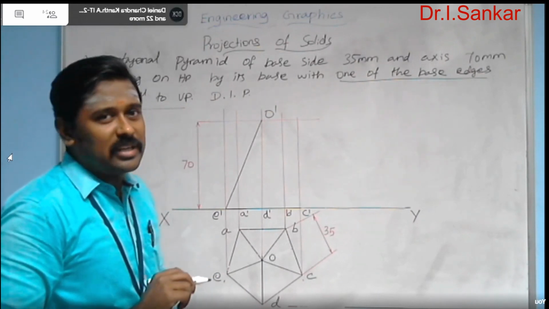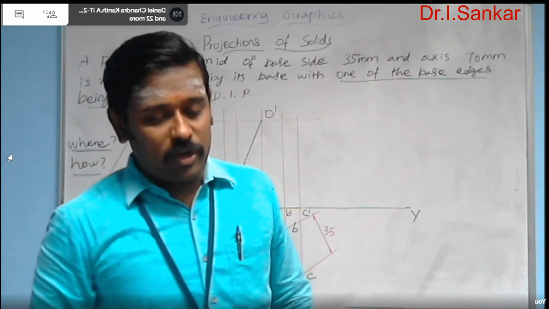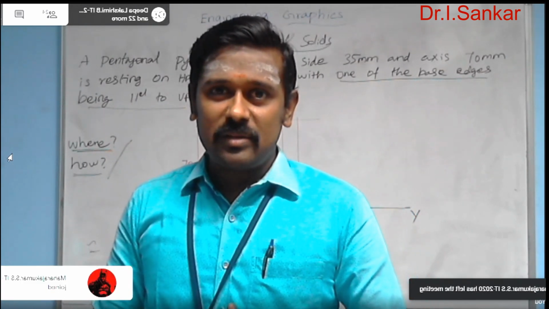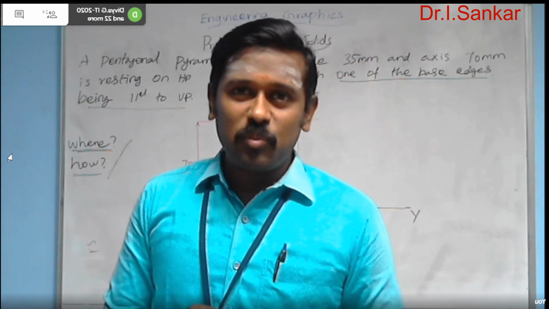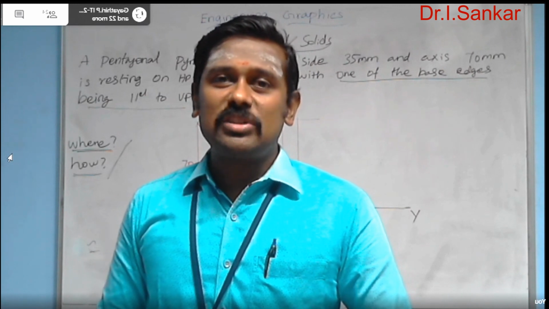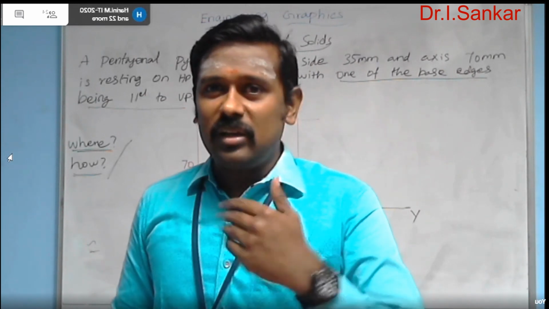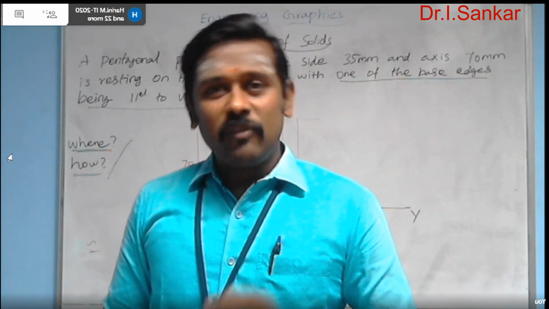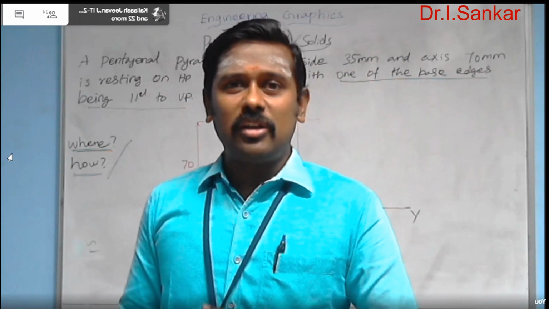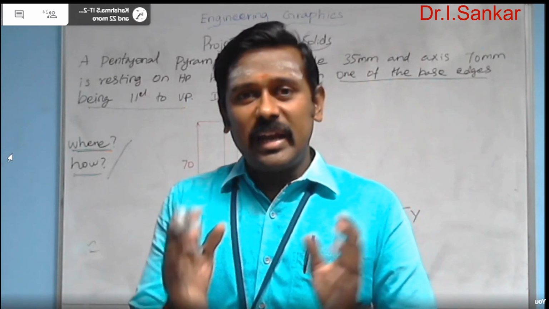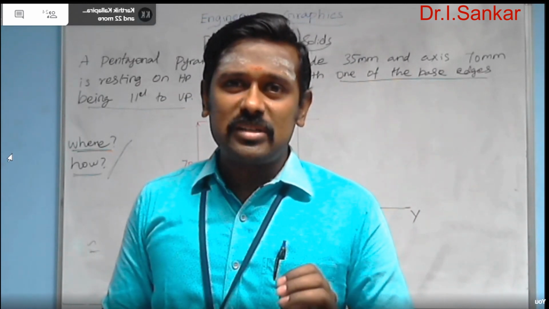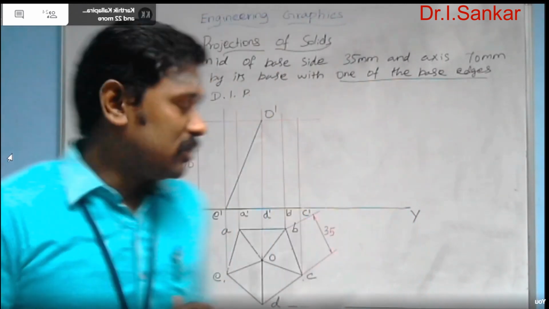But you need to look at one thing here. From this point, you are going to have different kinds of edges based on their appearance in a particular view, that is visible edges and invisible edges. Visible edges are the edges which are directly visible without any disturbance in a particular view. Visible and invisible edges will be obtained in any view, maybe the front view or the top view. It is based on the location and standing condition of the object. To decide whether an edge is visible or invisible, you have to think with the object itself.